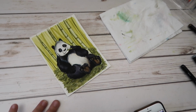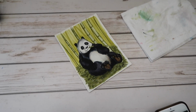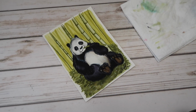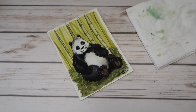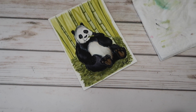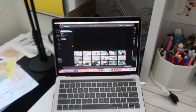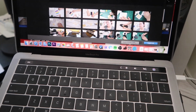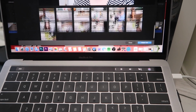Okay, that actually came together a lot quicker than I was expecting, and I am so glad because that is a weight off of my chest. I'm so happy that I finished it. I think it came out really cute, and I think my coworker will like it. So I'm gonna scan him, photograph him, and then I'm gonna get to editing this vlog, y'all, because this is gonna be a long one. It's already an hour, and I have not inputted any of the footage from this memory card,